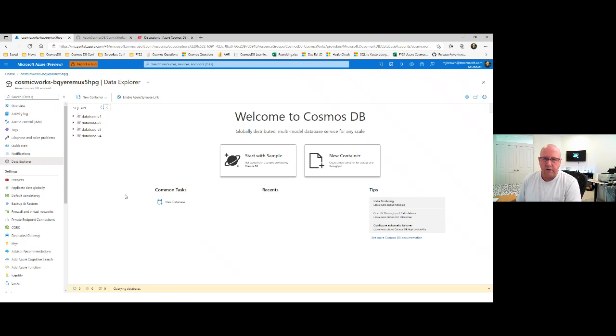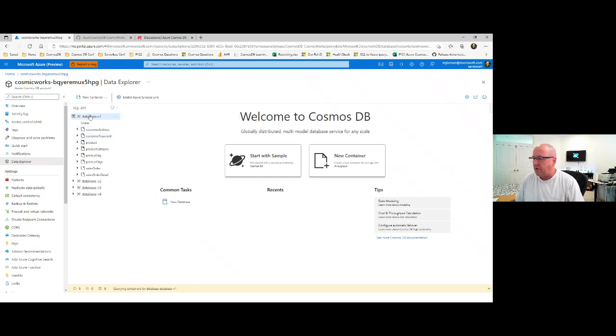Okay, so what I've got in here in the portal is 4 different versions of our e-commerce, our AdventureWorks database here. And what we'll do as we go through this, we'll have successive iterations of it. So in V1, I'm taking a very naive approach. I've got all 8 of the different tables from AdventureWorks, and I've created 8 different containers within here. So I've got my,